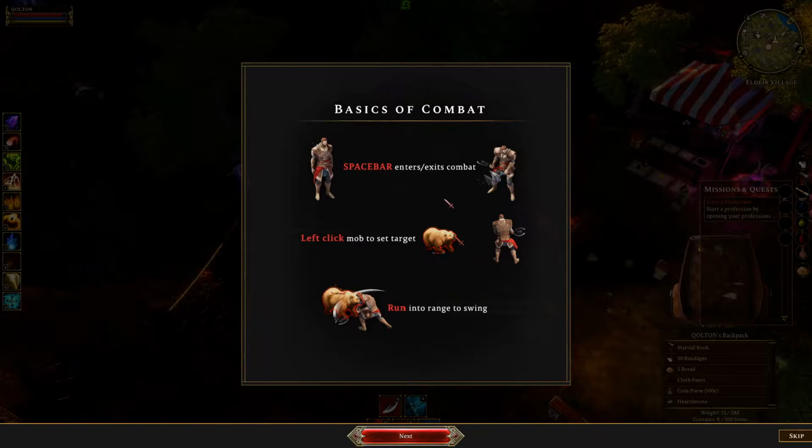Spacebar enters and exits combat. If you left click or right click and hold, you'll run. If you tap, you'll just walk, and stuff like that. It just kind of goes through a little bit of basics of stuff,